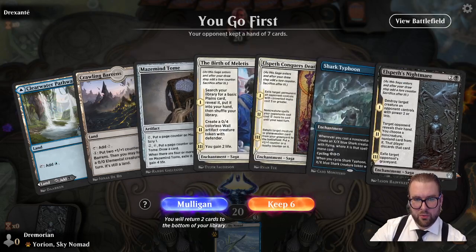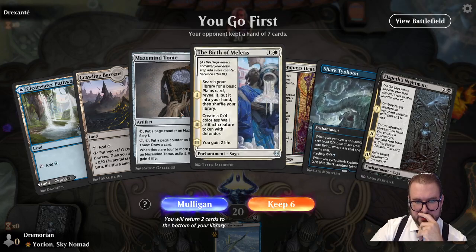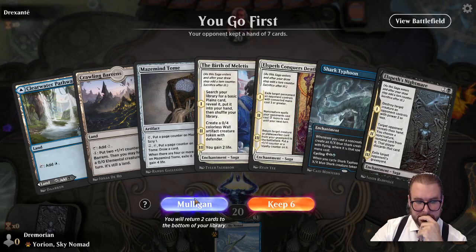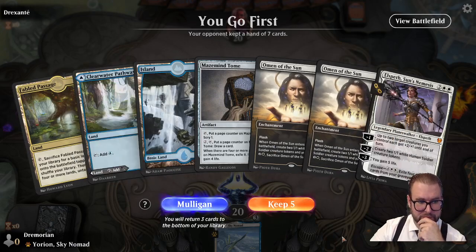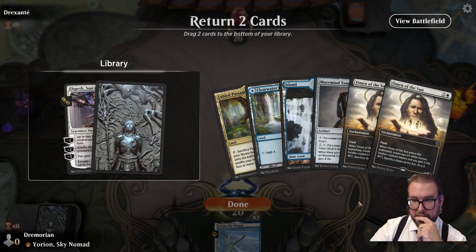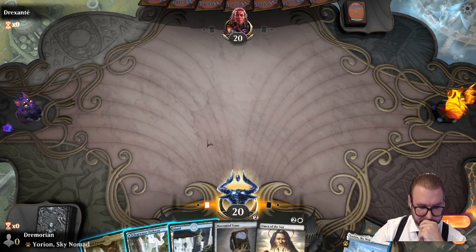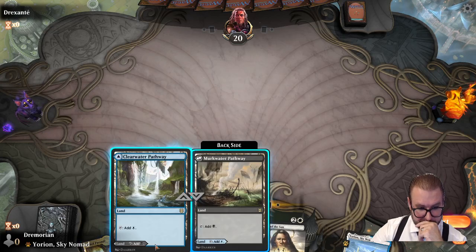I wish there was a way you could order these. I know it's not that big a deal, but so I can kind of see my plan. So got 2, 2, 3. We'll mulligan this. Okay, this is going to be the one. We'll keep this. We'll drop an Elspeth, and we'll drop a Suns, I guess. Okay. All right, so